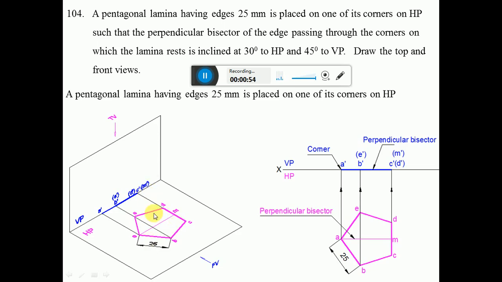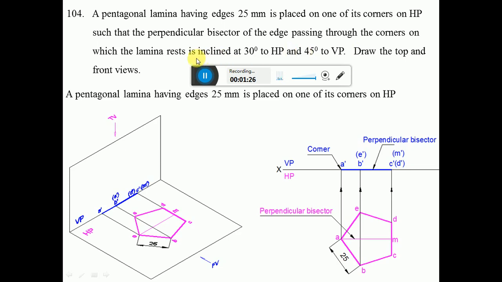When you look from the top view, you can see the pentagon. So that is what we have written. It is a pentagon here. And when you look from the front view, the surface is perpendicular to VP, so obviously that will be a line in the front view. That is what we have shown, a line in the front view. And since you have A, B, C, D, E, A, B, C is near to the observer, so A dash, B dash, C dash is visible, and D and E is away from the observer, so D dash and E dash are invisible.